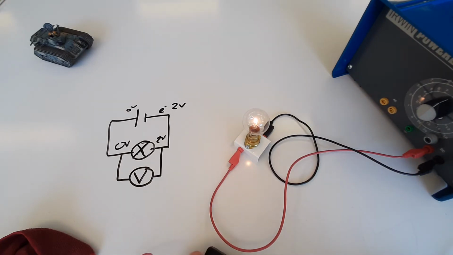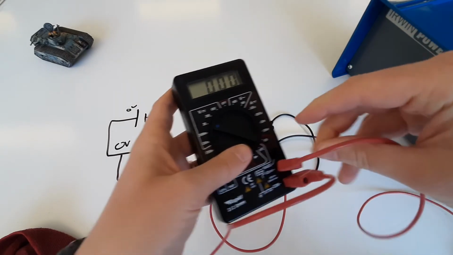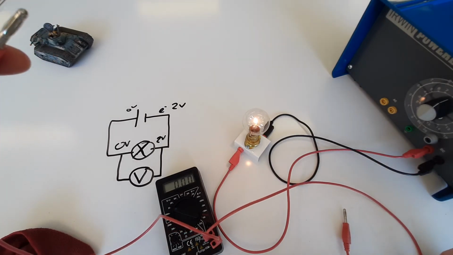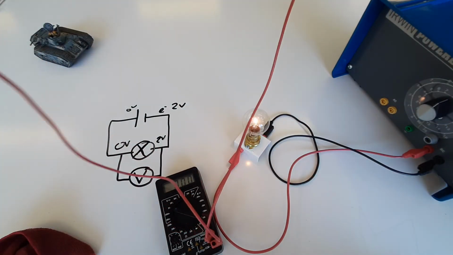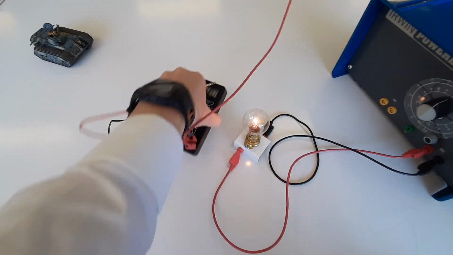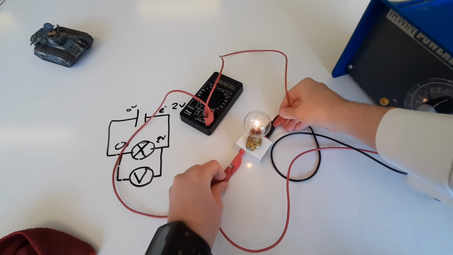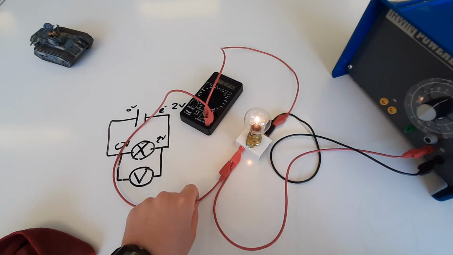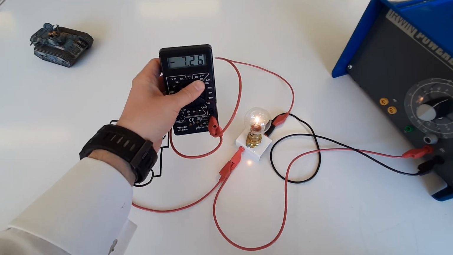So the second thing we do, put the sockets in our voltmeter, and then all we have to do is place our voltmeter around the components we want to measure. So that's going to be nice and easy. There we go. So we've got this plugged in on one side and the other side of the component we want to measure, which is the light bulb. And that's reading a voltage of